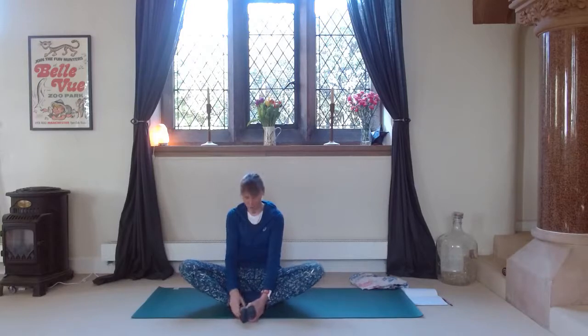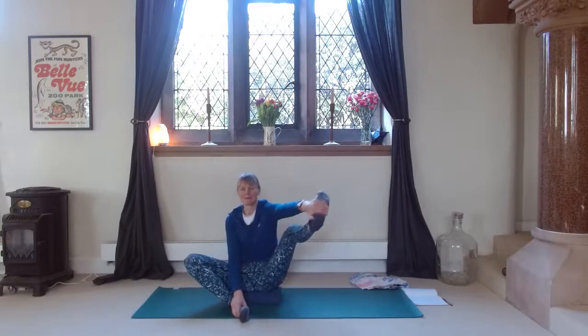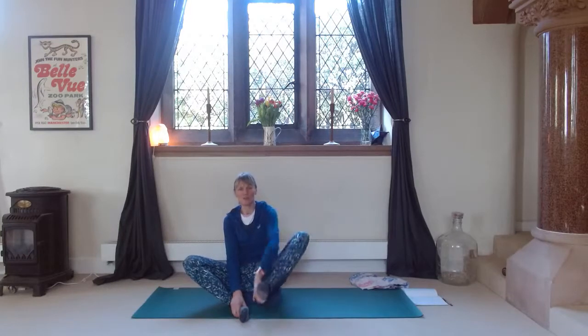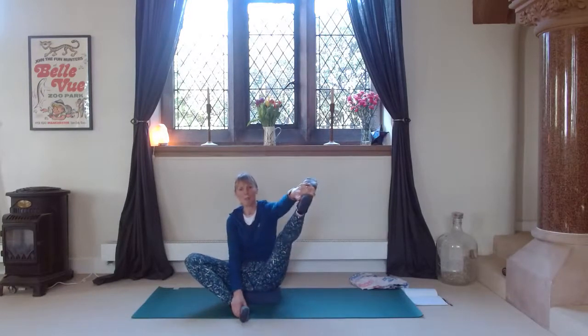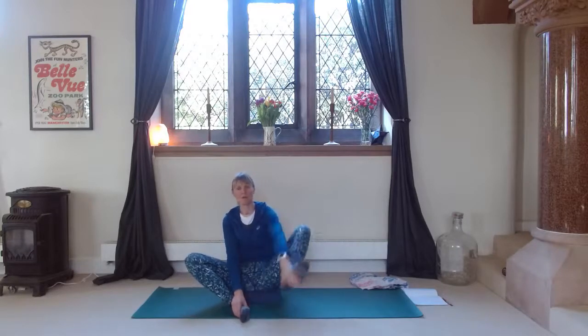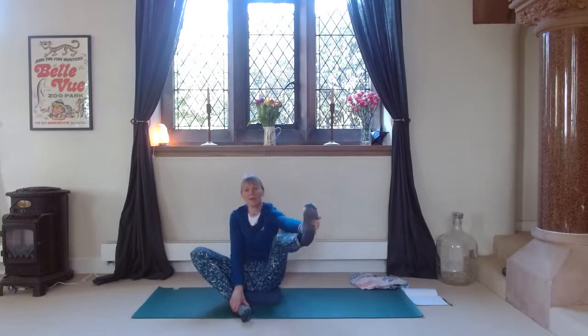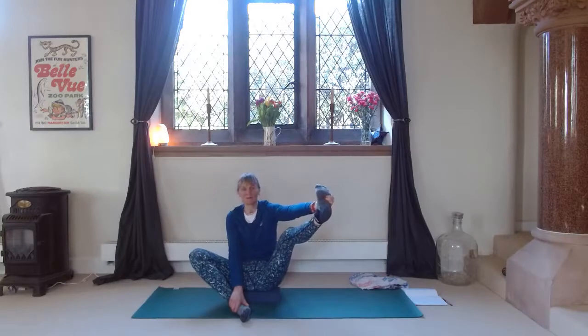Then we could just sit up tall again, bring that chest through, and then we could try with the opposite side. So still just holding on to your right ankle and then stretching out the left leg. So notice where you feel the stretch as you stretch out. 1, 2, and 3, and then hold for a couple of deep breaths in and out. So you can hold on to the inner edge of your ankle or the outer edge of the ankle, it's up to you. Nice. Chest forward, deep breath in